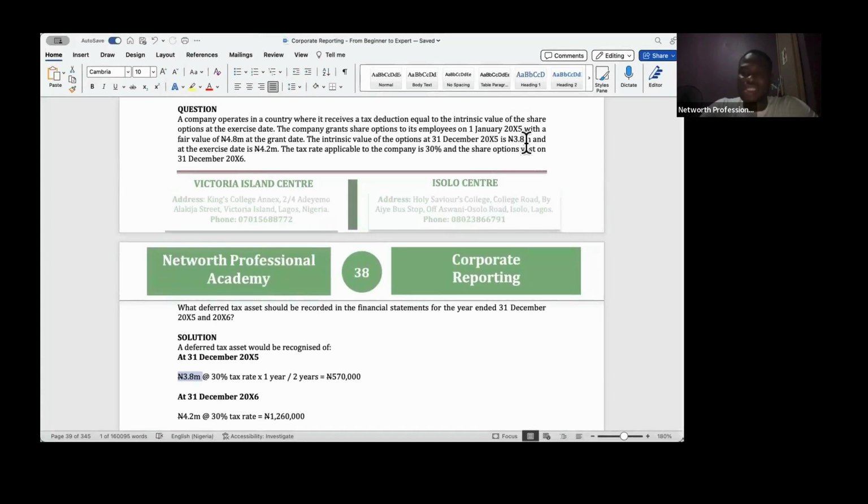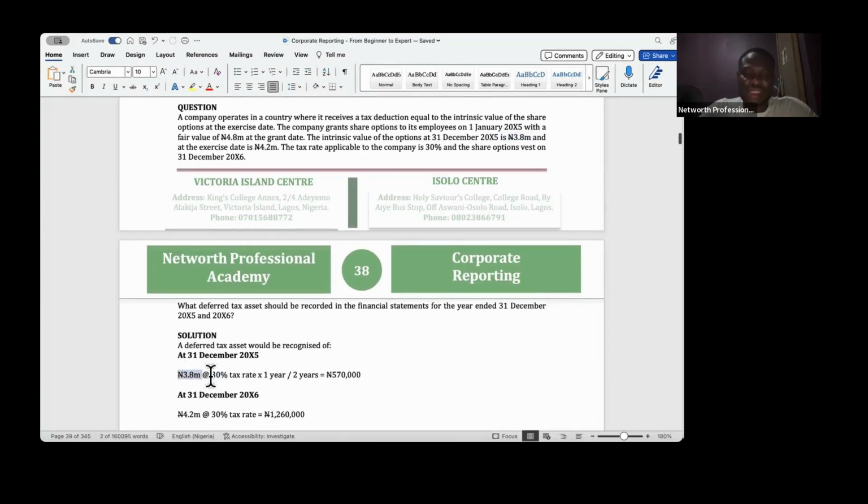Always. And the tax base in this case is the intrinsic value, because they told me that the tax deduction is the intrinsic value. So my tax base is 3.8 million. So I will have a deductible temporary difference of 3.8 million. By the time I apply 30% on that, that gives me my deferred tax asset. However,